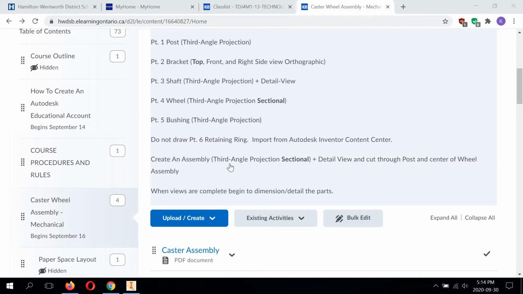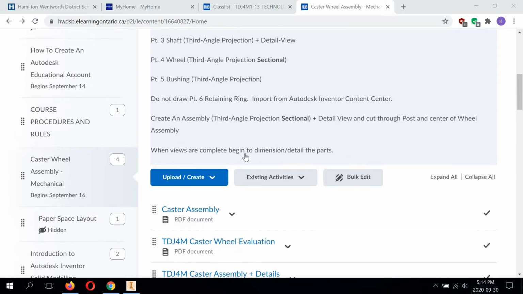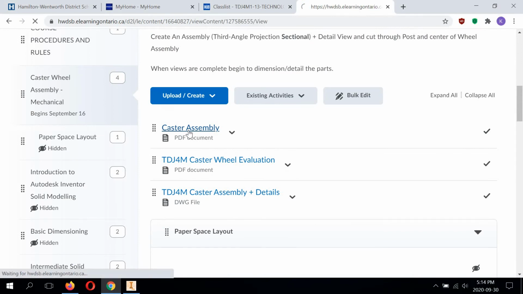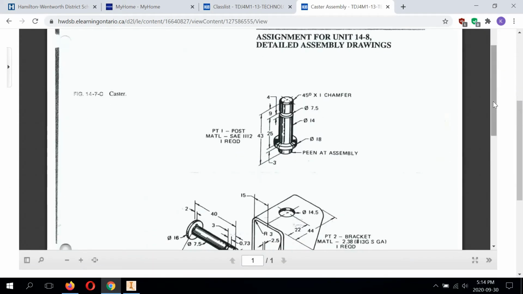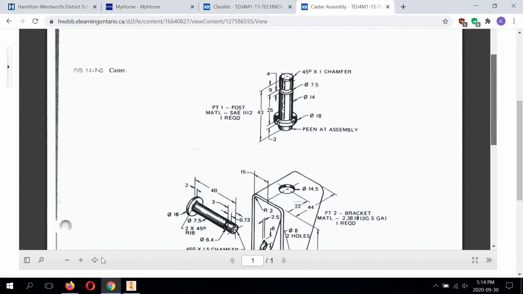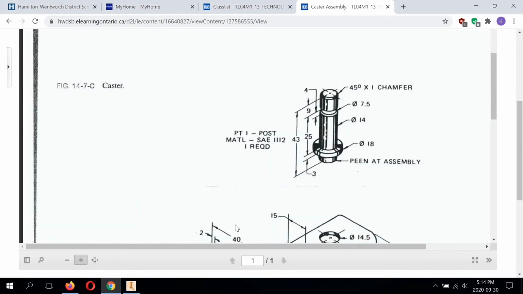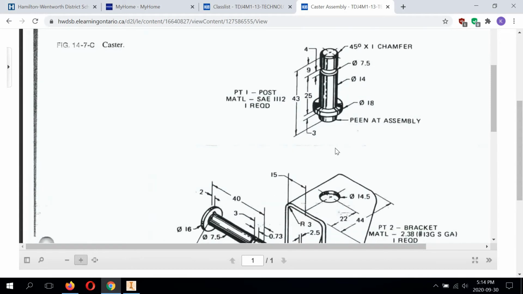And we also created an assembly, a third angle projection sectional view, plus a detail view, and we cut through the post and center of the wheel assembly. So when views are complete, begin to dimension detail the parts, and that's something we have already started as well, and we're pretty much finished. All we need to do is basically tune it up a bit. So one minor thing that we haven't done yet is label all the detail views on the drawing sheet,